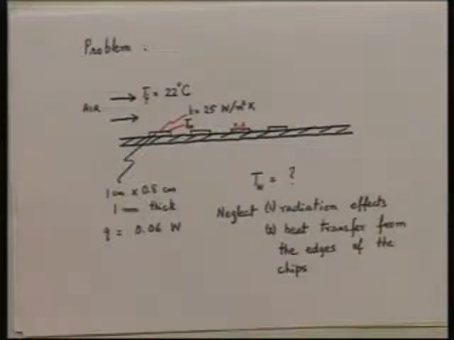If you have to take it into account, it is going to be a more complicated situation. So, it is a straightforward situation. First of all, before calculating TW with the help of Newton's law of cooling, notice the value of 25. What does 25 mean? 25 means we have a typical value of H for forced convection to air. That is the first thing to notice. It is not a natural convection situation. We have a typical value of H which we will get with forced convection to air.